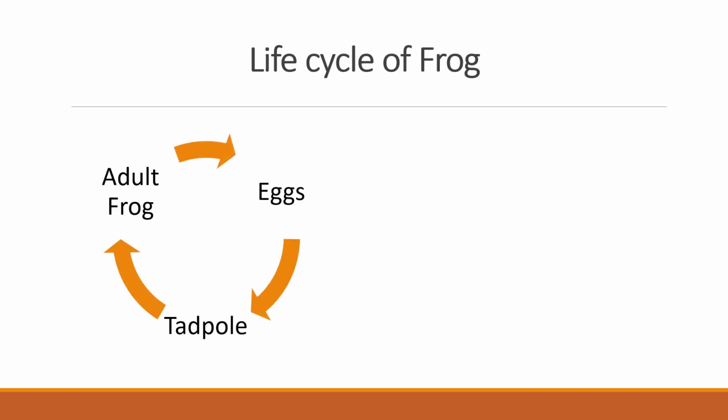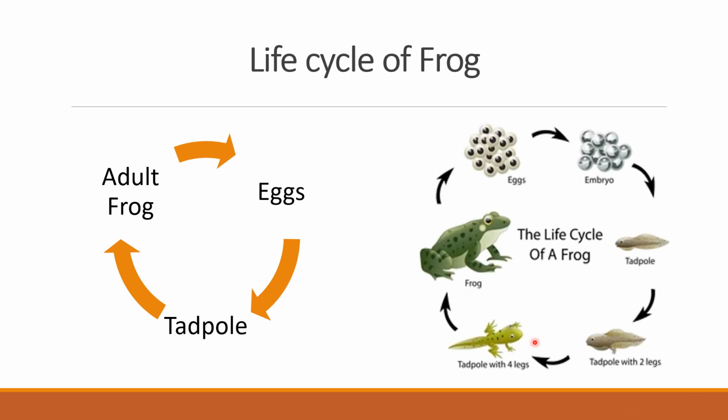So if you consider the life cycle of frog, you find three distinct stages in its life cycle: the adult frog, eggs, and the tadpole. So here again you have the diagram of the life cycle of frog. This adult female frog lays eggs, and these eggs undergo fertilization. Actually, external fertilization occurs and it develops into the embryo, and after the eggs hatch, the tadpole comes out,